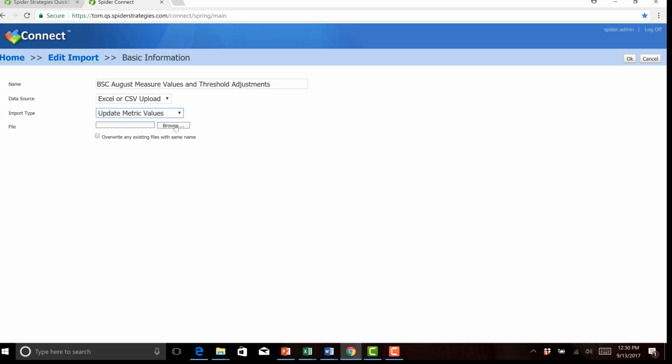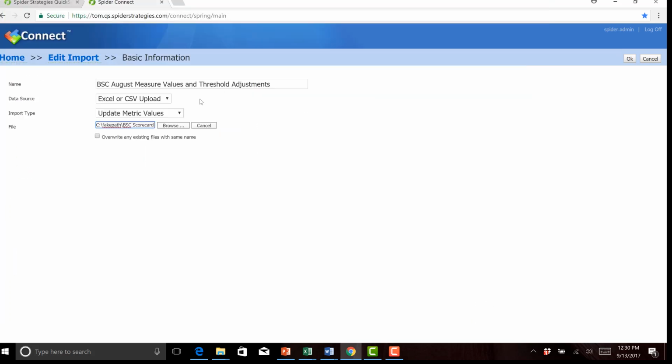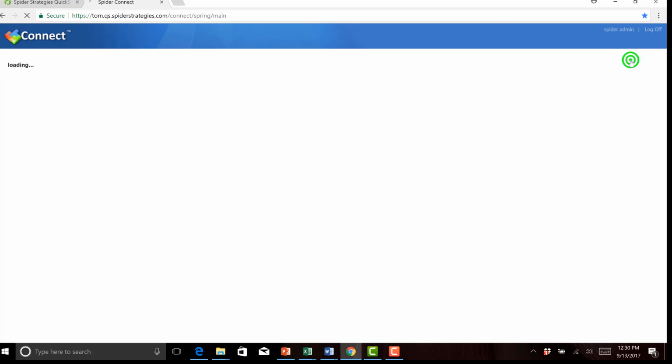The data is coming from an Excel spreadsheet. We're going to update metric values with the information from the spreadsheet. We'll point to the spreadsheet, open it up, and for training purposes here, we're going to overwrite any existing files because I've used that file